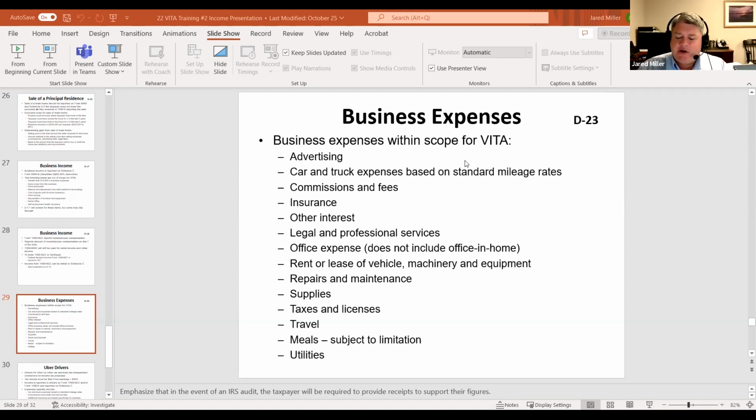If you try and deduct a cell phone and you have a family plan, please make sure they are not trying to write off a family plan that includes 8 different lines of people. We have to be sure that the business expense is going to be related to the business. So if you have to allocate, you say we have a $200 a month plan and we have 5 people on the plan. Okay, maybe $40 would be an appropriate amount to take for a business line, as long as it's predominantly used for business.